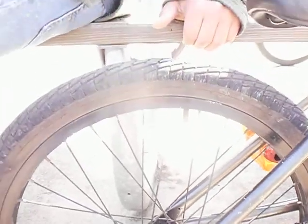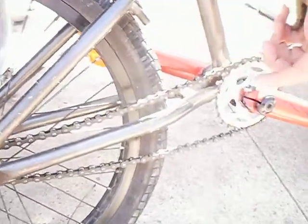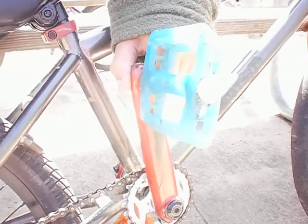Once I got the stock wheels, which are flat currently because I messed up doing something, I don't know. I got Alienation rims, and then I got a stock peg, and if you come forward, I got a regular bike chain, and I got an Eastern sprocket, 25 tooth, stock cranks, which are not the same color. I got a purple, blue and orange pedal, Odyssey, and then I got the stock seat, Kink, and